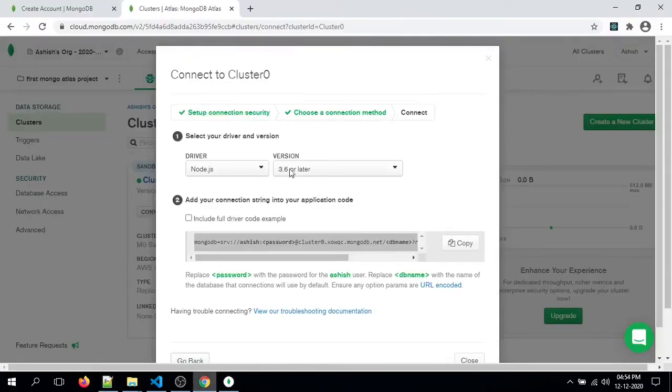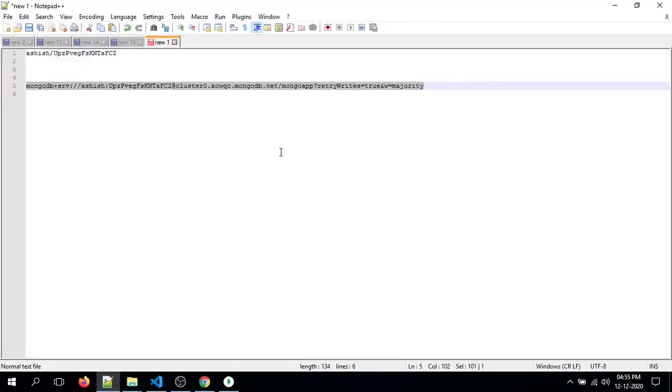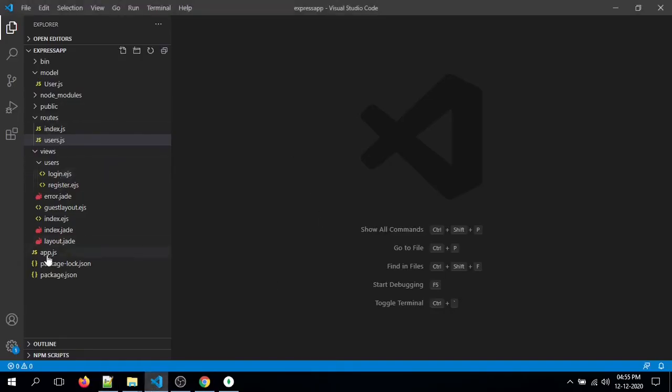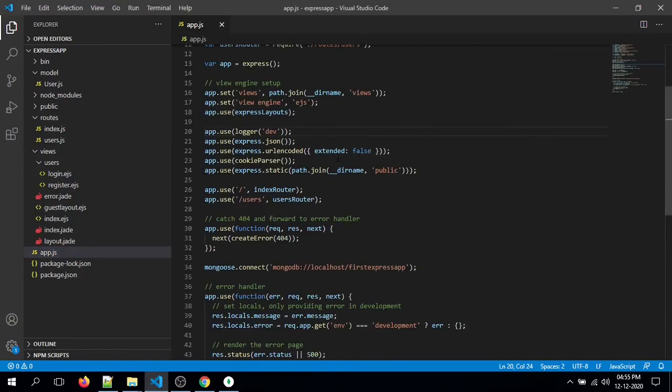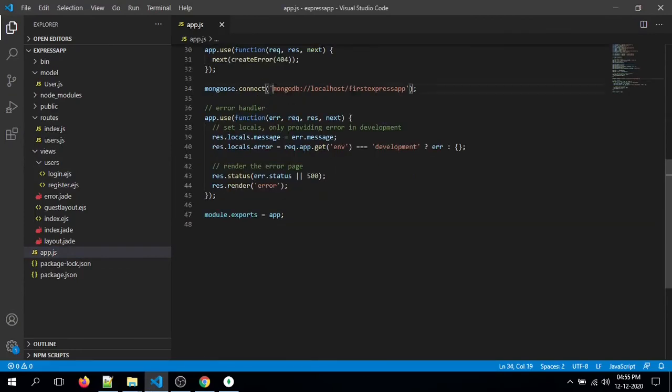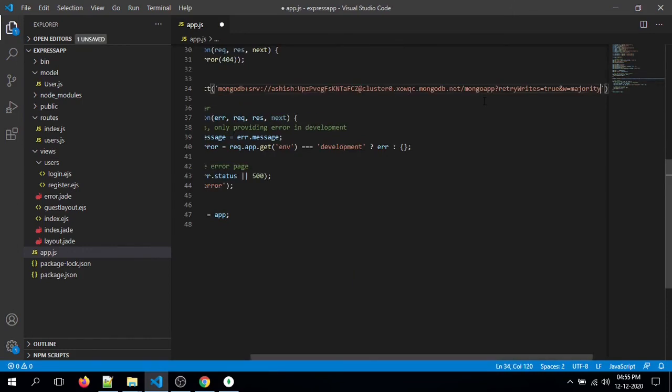One most important thing, we can use this connection string from any programming language. Currently I am using Node.js, so I can use this connection string from my Node.js. I will just need to replace the local connection string with the updated one, which is the MongoDB Atlas Cloud connection string, to connect to my cluster.